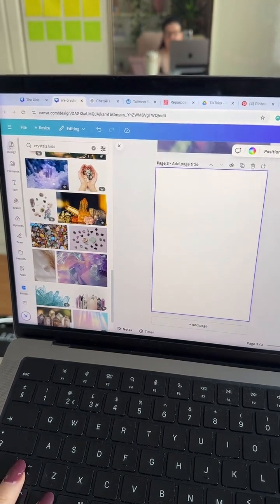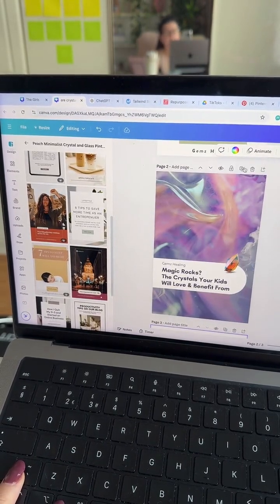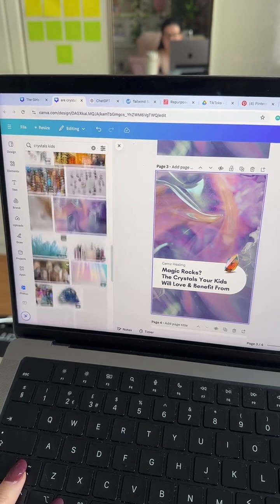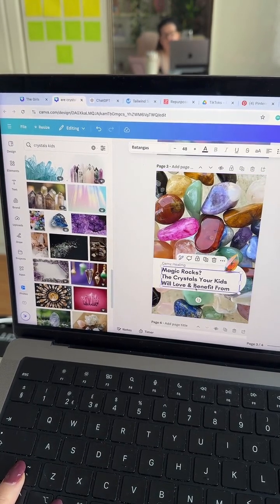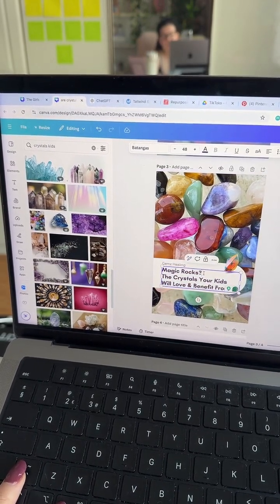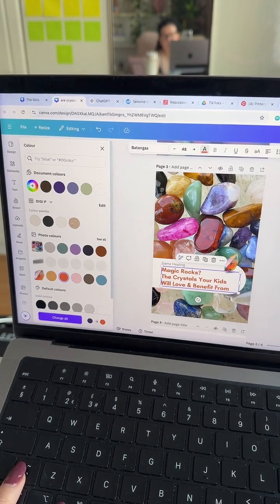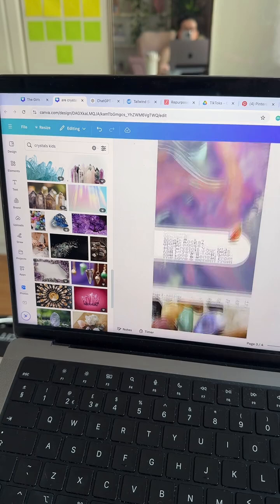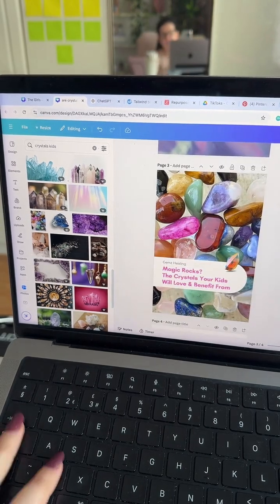Let's do another. Again, we're just using Canva templates here. In fact, if you really wanted to speed up this process and you like the look of one, you could just duplicate it and go and find a different image. Let's see. There's another one. There we go, magic rocks. Maybe let's do a brighter color for this. There's a lot of pink in that. No, don't like that one. Let's get the pink. There we go, magic rocks. So you could just do something like that. There we go, that took 2 seconds and they're still kind of separate and a little bit different.